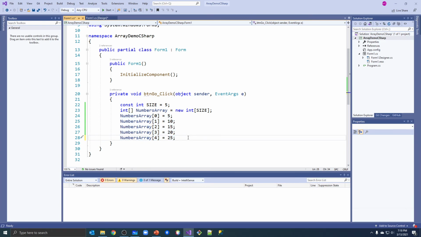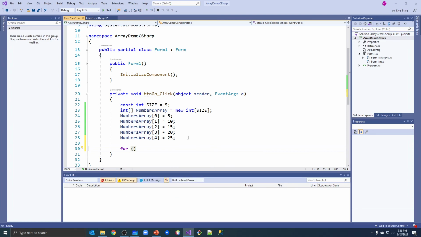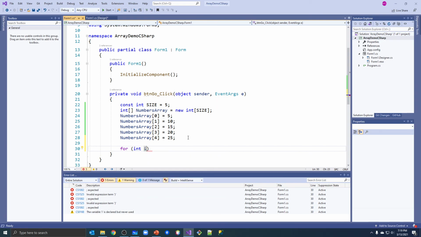Well, actually, let's process this array first. We like to process arrays with loops. So I'm going to set up a for loop that's going to count, and I use i for the index number. That's one of the few times in programming that we actually use a single letter in variable names, when we're doing a loop, and it's usually i. If we have another loop, we might use j. Okay, so int i